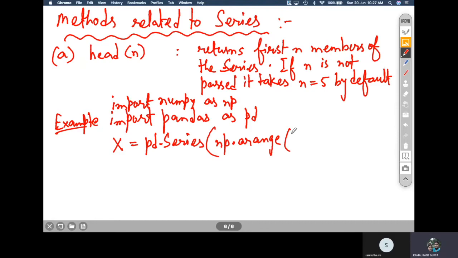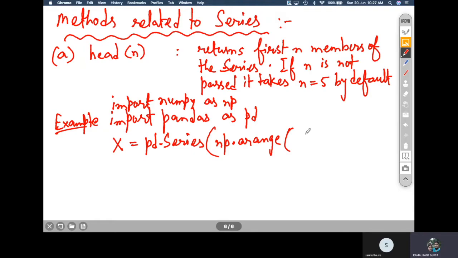arange is one function in NumPy. It generates a one-dimensional array of values between a range, just like the range function in Python.